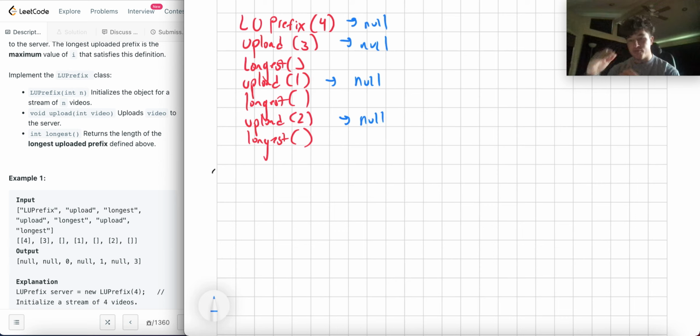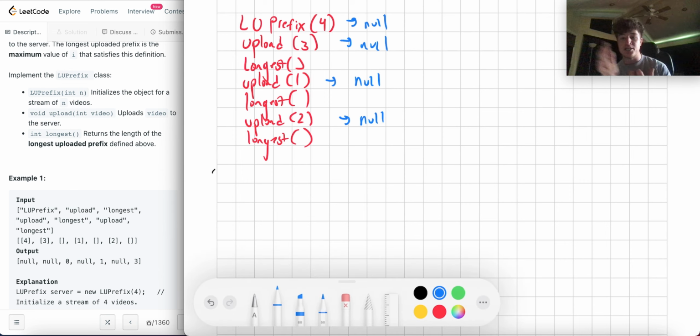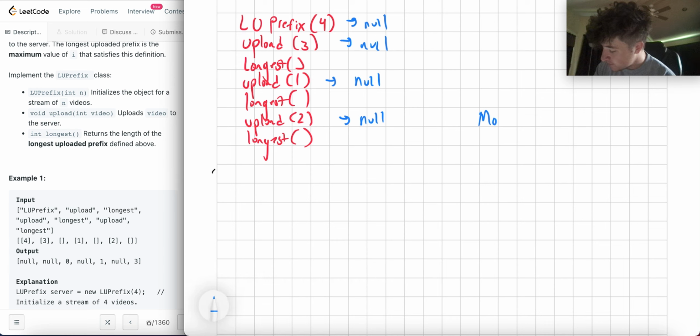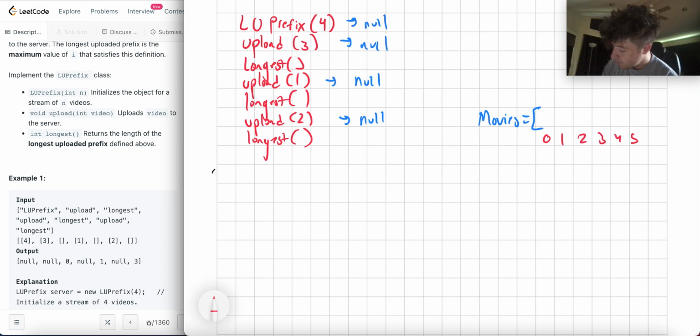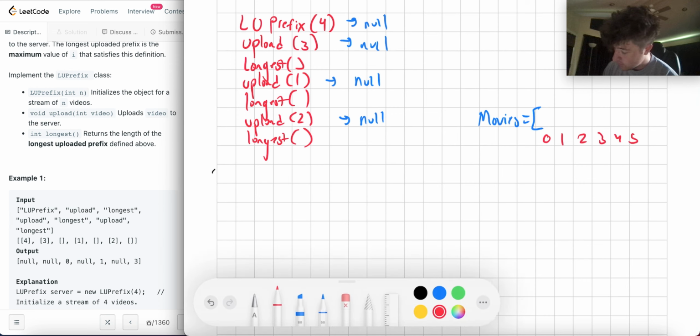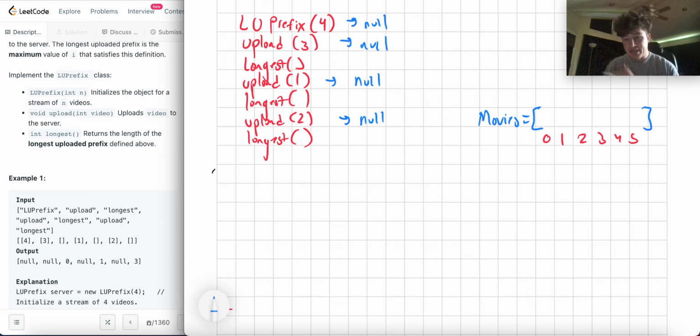I think what I used before would probably be the most intuitive thing, and that's probably what you would think of too. I need to flag what has been uploaded and what hasn't been uploaded. That way I can figure out the longest prefix. So we'll create a little data structure here. In the back end, here are the movies, and there's 4. I'll make this thing of size 5, just so we can reference each movie, 0, 1, 2, 3, 4. We're using an extra space, but it's constant extra space, so who really cares.